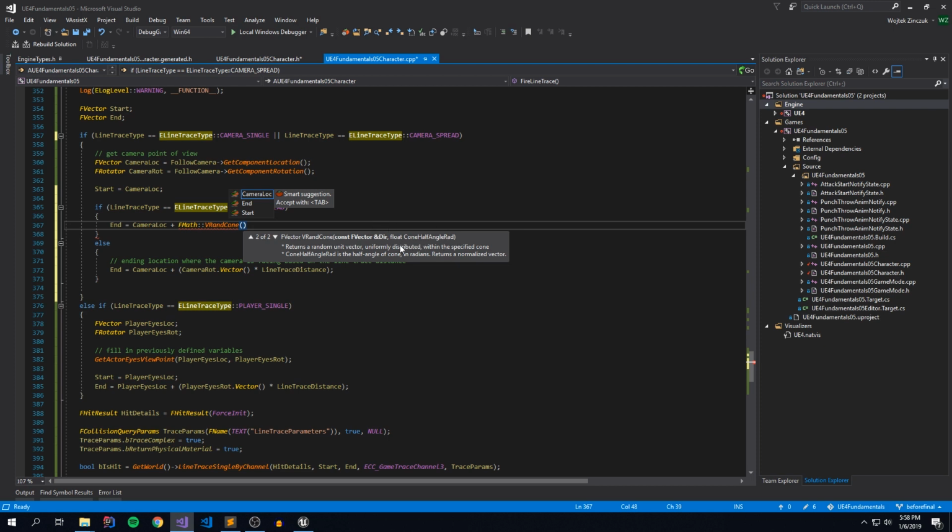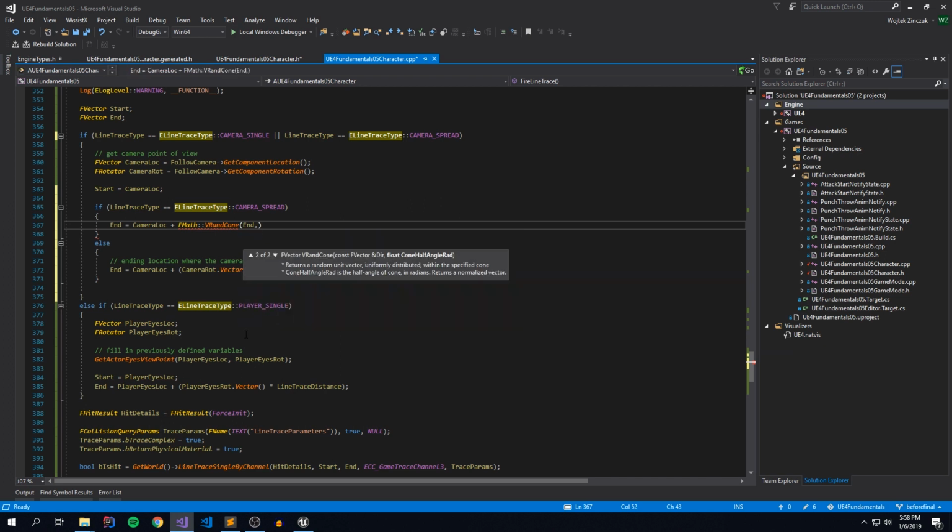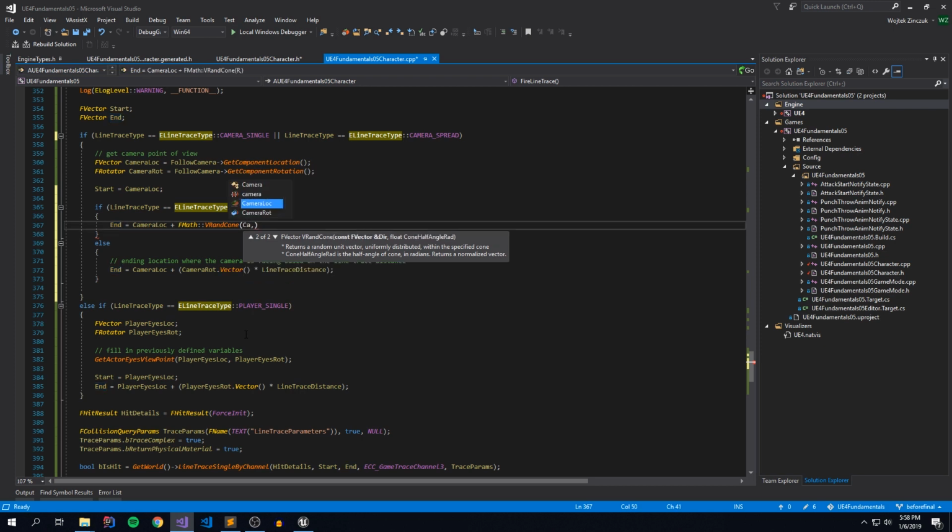If you can imagine the outward line going from our camera, and the ending of that line be contained within a cone, so a slightly larger area than the start. What we're basically saying is, give me a random position within angles of degrees of this cone from my start to my end. So we pass in our end vector, our camera rotation